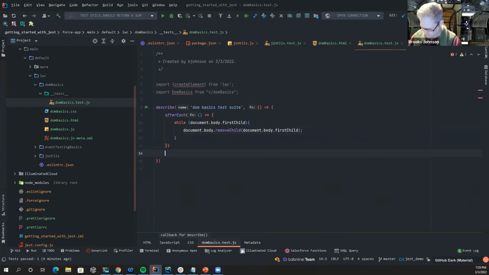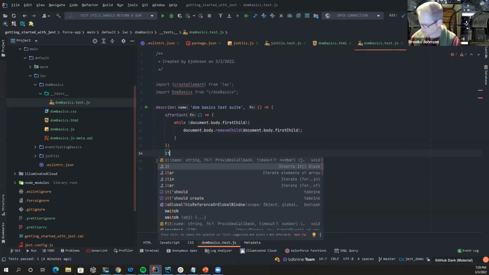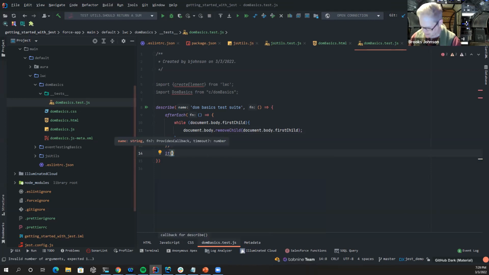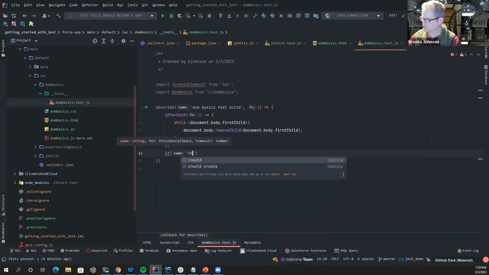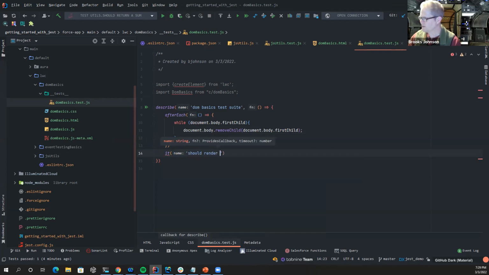So let's say what we expect, right? If this is my team and we were really doing this, I'd say, hey, we want to make sure when this LWC loads that what we expect is on the screen is going to be there. So we'll say it should render